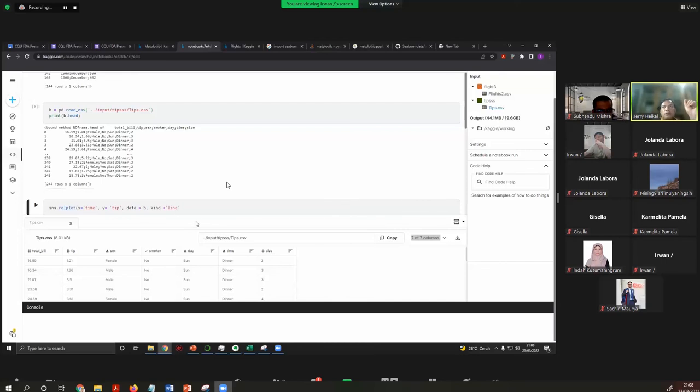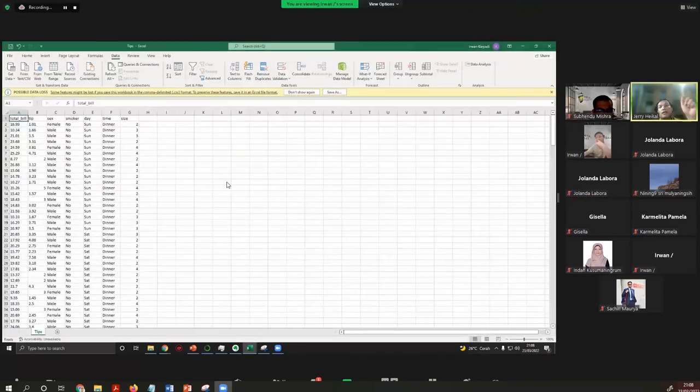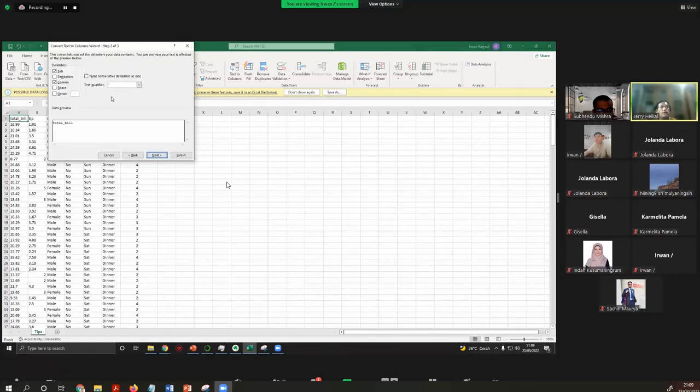So you did the text to column wrongly. You need to use the semicolon as the delimiter. Do it again. Maybe this is the same with you, Giselle. Your Excel is not using comma but semicolon. You didn't untick the comma and use the semicolon.